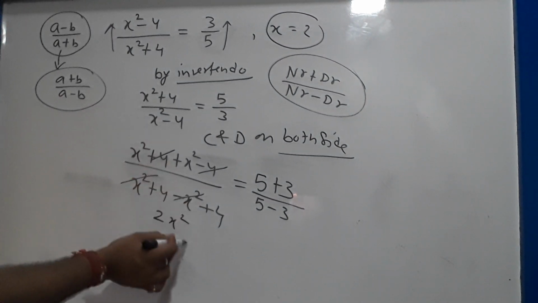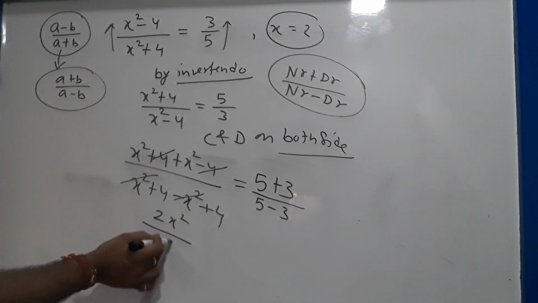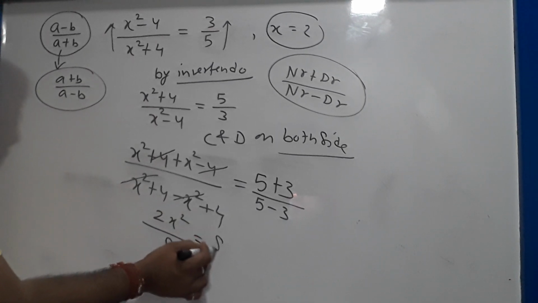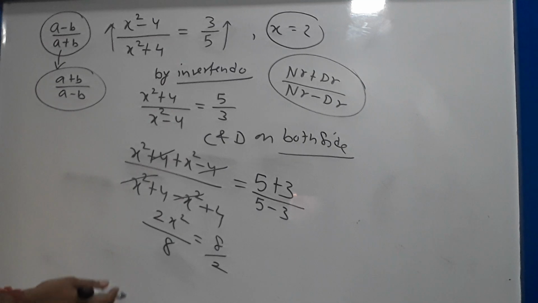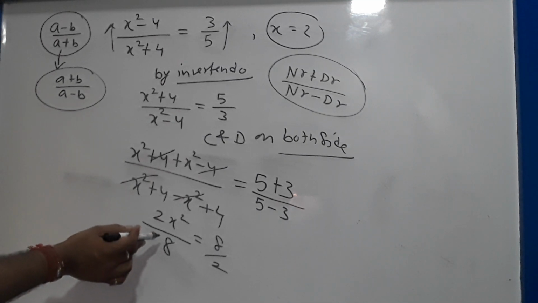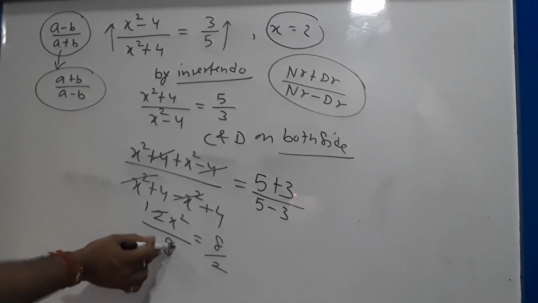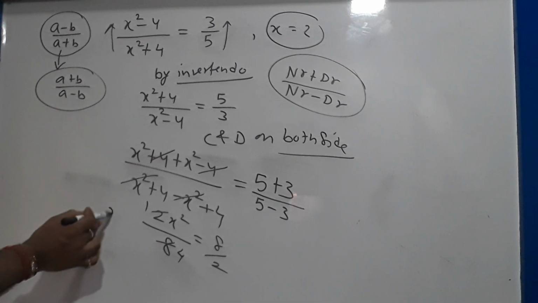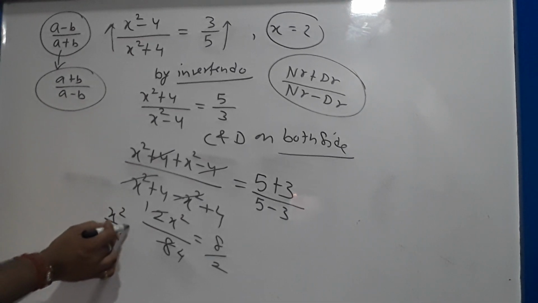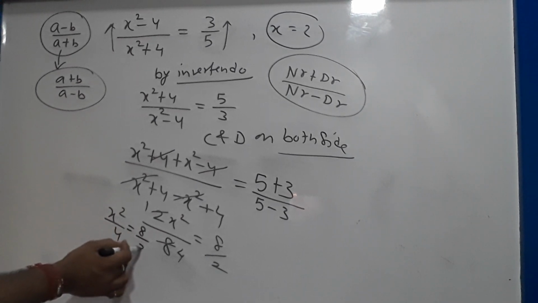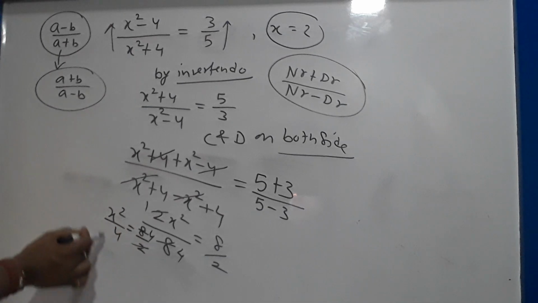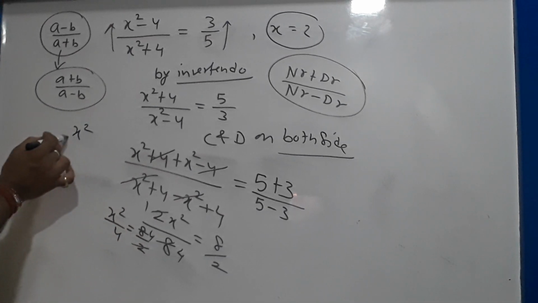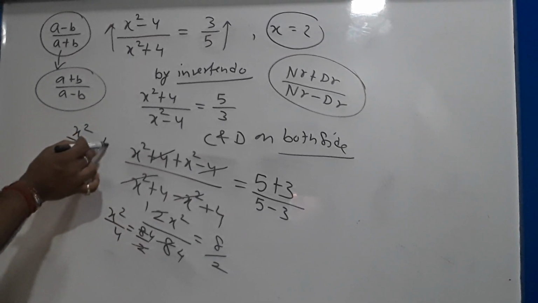x square plus x square is 2x square. 4 plus 4 is 8, equal to 8 upon 2. Correct? So 2 1s are 2, 2 4s are 8. So x square upon 4 is equal to 8 by 2. 2 4s are 8. So x square by 4 is equal to 4 upon 1,